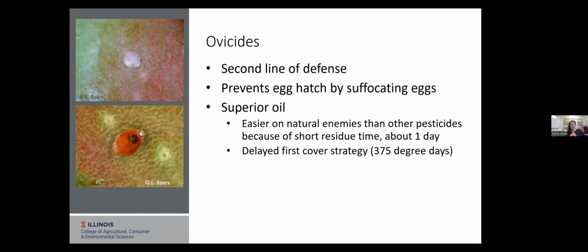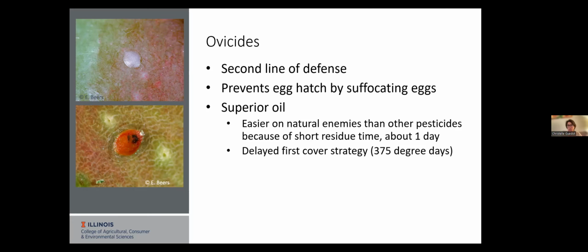Especially something like using oil and things like that would be great for home growers. Home growers also can use sanitation a lot more easily because you have such a smaller area. So when I talked about removing Japanese beetles, if you have a small backyard orchard, you would be able to manually remove those pests. But again, a lot of these insecticides you'd be able to use as well, even in a small production.